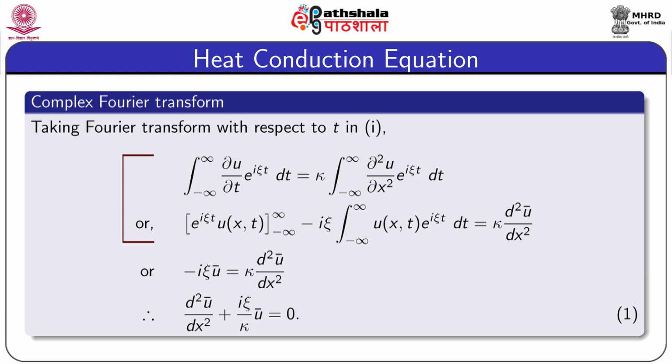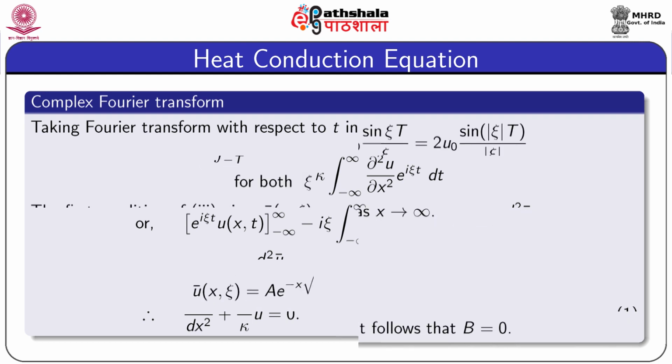For this problem, we are denoting that by ū. So, the left hand side is minus iξ ū equals κ d²ū/dx². It can be written in this form also, d²ū/dx² plus (iξ/κ) ū equals 0. Now, this is a second order ordinary differential equation in x, and the solution of this equation